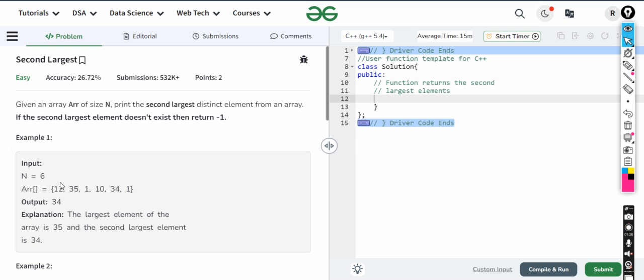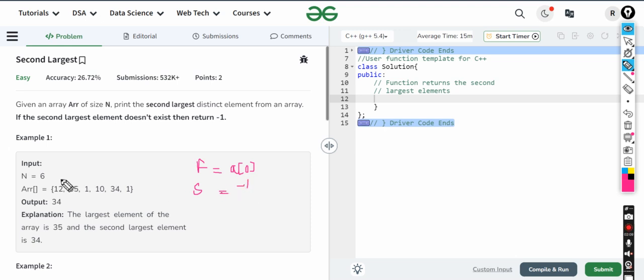The most optimal solution requires two pointers. The first pointer would be first and the second would be second. Obviously I'll put the first pointer value as a of 0, considering a as my vector or my array. My second pointer would be minus 1, because I have no idea what the second largest element would be, so temporarily I am just assigning it some value. Now I'll take first and second, assign first to a of 0, and second as minus 1.